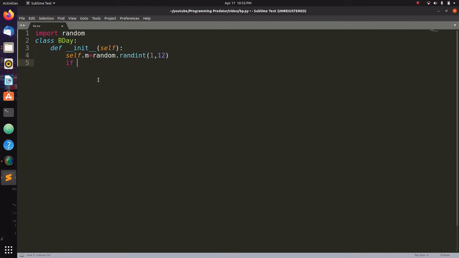And now if month is one among these, 1 or 3 or 5 or 7, 8, 10 or 12, in that case the date self.d would be a random number between 1 and 31.